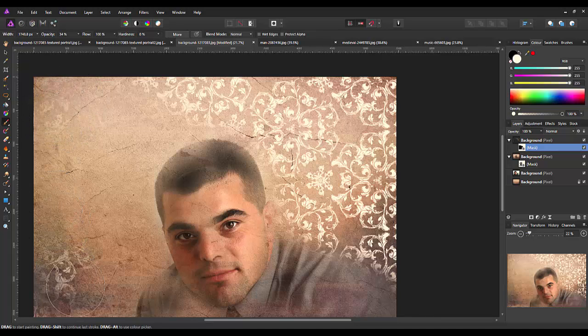I just want a slight hint of it, maybe the opacity a bit more down. I don't necessarily want to get rid of it totally. Right, it's just a hint of it over there, and I will go back to black as the foreground colour,